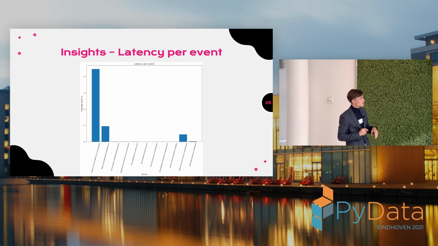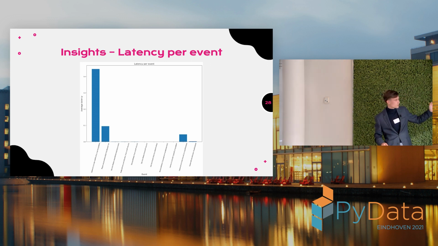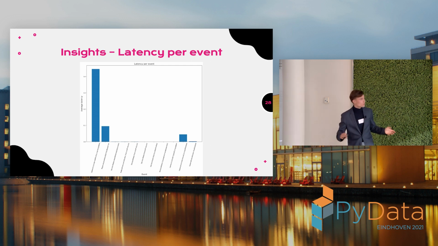And lastly, what we can also do with this information is actually plot the latency per event. So each event is one of those steps that I talked about before, like the decision maker, which produces features and stuff like that. And here you can see that many of the events that we have actually work very fast. They've like, I don't know, a 0.2 millisecond delay, and we should focus on the parts which have